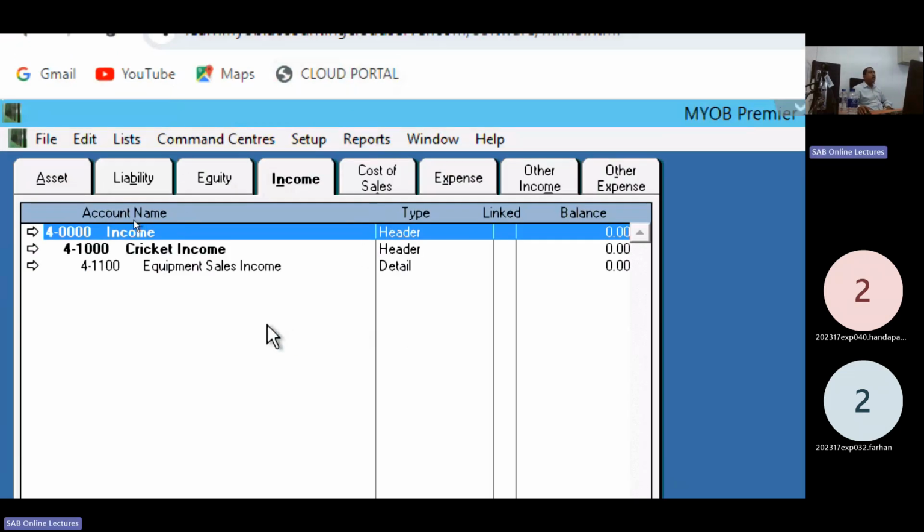Create the third account. Look at level 1, look at the screen, level 2, level 3. First level account, second level account, and the detail in the third level. Right. Then now we will go to the tax setting part.